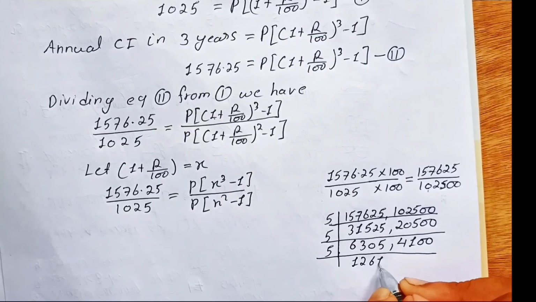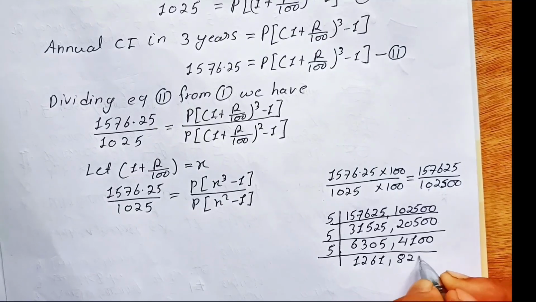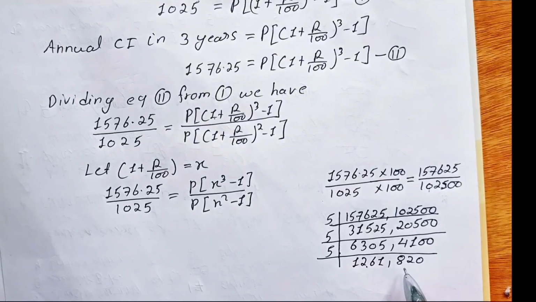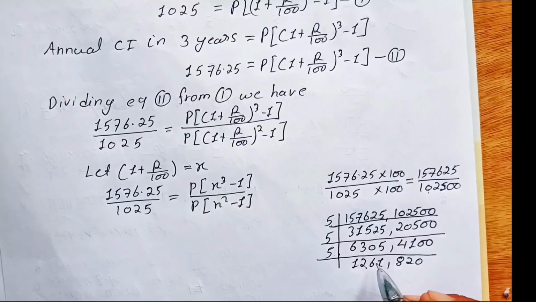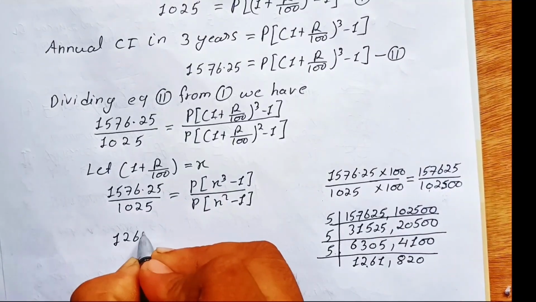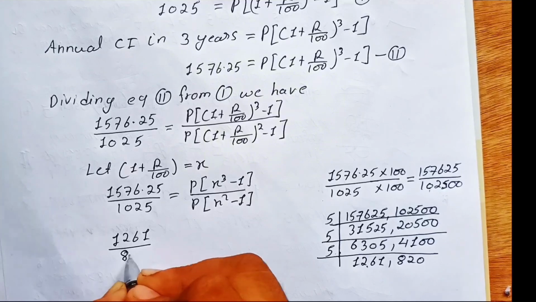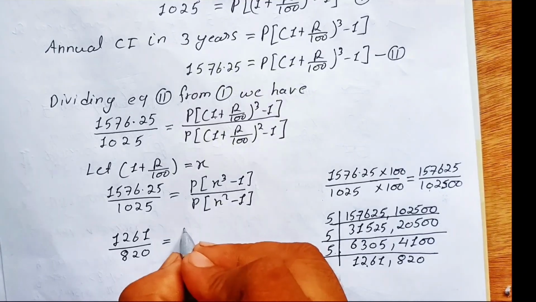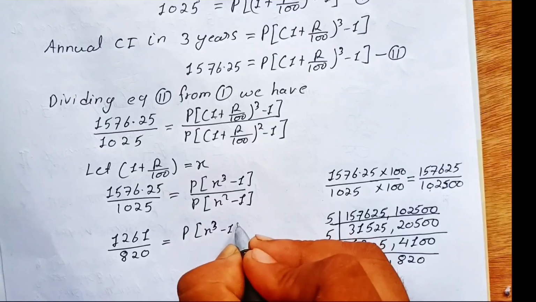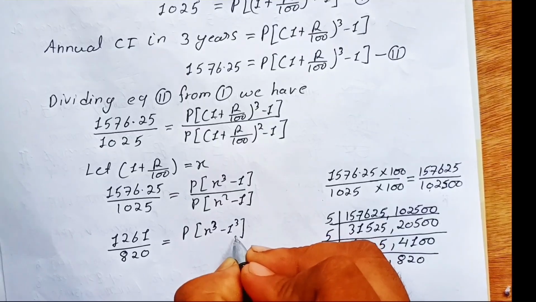So here 1261 and 820. Now these two numbers cannot be divided by the same integer, so we put the fraction as 1261 upon 820, equal to P times (x cube minus 1 cube)